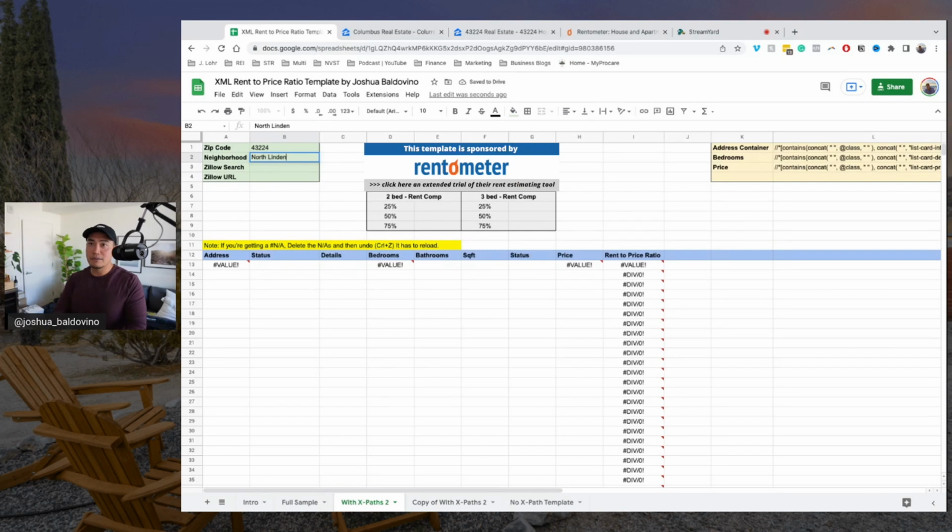I'm going to basically rebuild the other spreadsheet. For me, this neighborhood is North Linden. Put in whatever neighborhood you're interested in, and your Zillow search criteria. If you're going to do only 2 bedrooms, 3 bedrooms, whatever specific properties you're identifying, put that here, and that